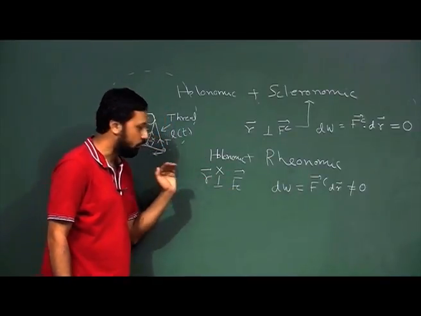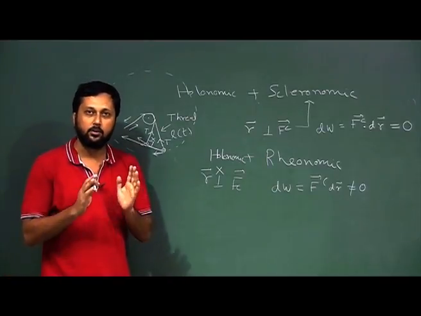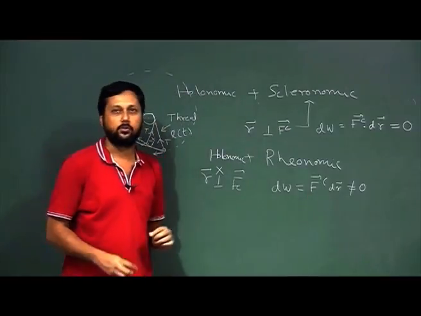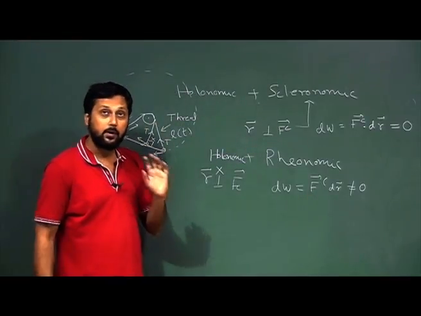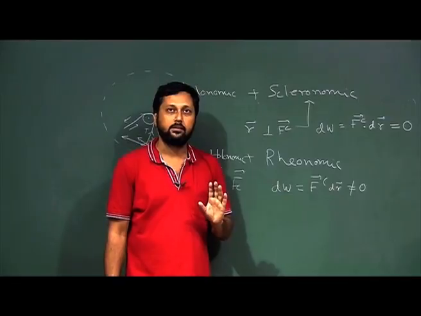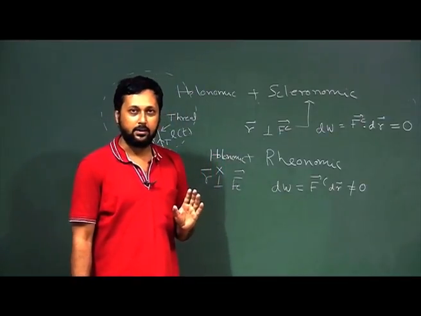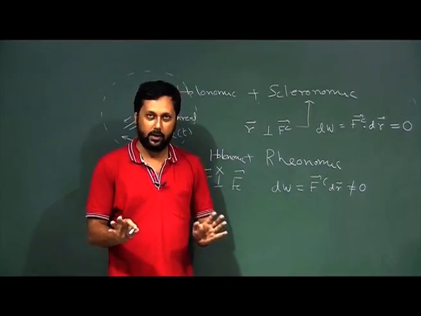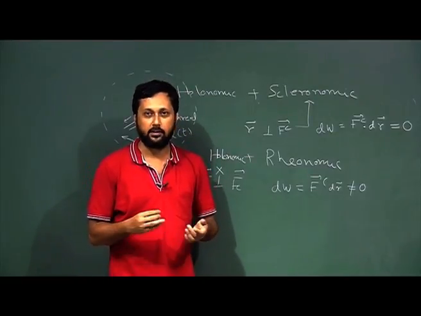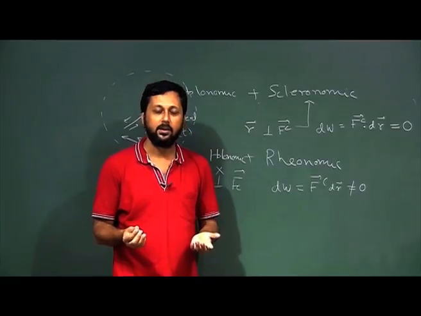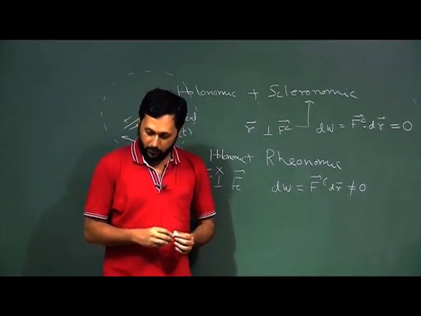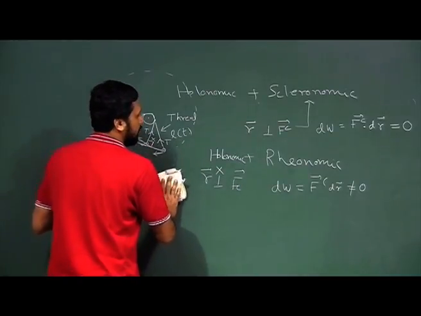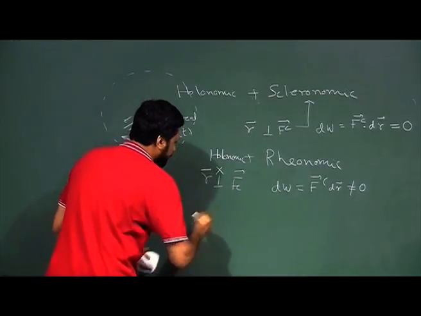That means the force of constraint and displacement are not mutually perpendicular. So we can have non-zero work by the force of constraint. But we want to make the work done due to force of constraint uniformly 0 across all holonomic systems. That is our goal. Why it is necessary and how it will help us, we will see very soon. Now, in order to do that, we employ the concept of